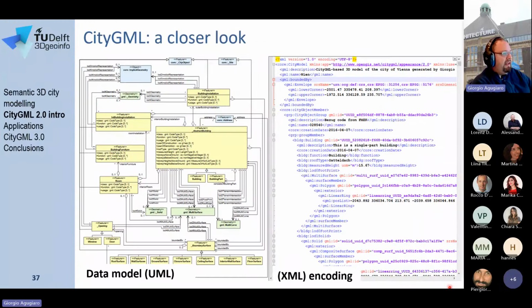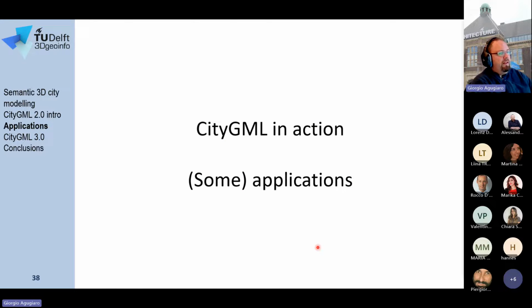A concrete example of how it looks: you have the data model here, which is modeled in UML. Probably hard to see, but you should see some attributes, and then on top of that, you see all the relations to geometry. Now, this is mostly hidden to the user. But if you're delving into the details, you need people who can read and work with this. On the other hand, the files or the encodings, this is an example of an XML encoding. This is how a CityGML file looks like. It's basically a text file encoded as XML or as JSON. I don't have a screenshot, or you will see later as SQL by means of tables. So this was just a quick